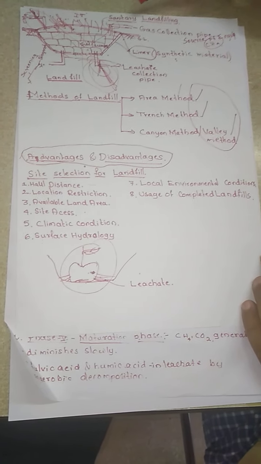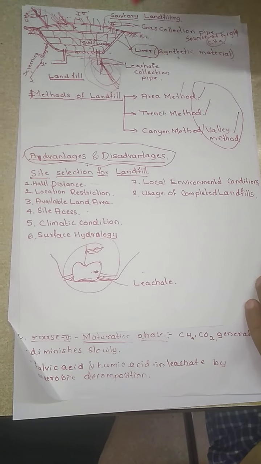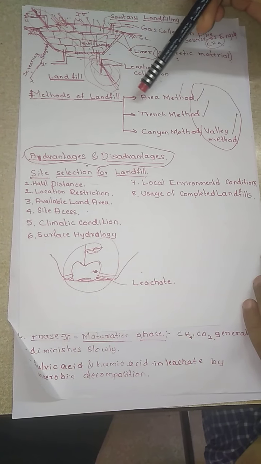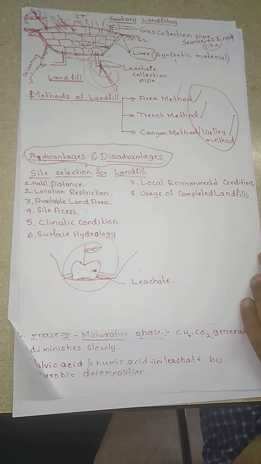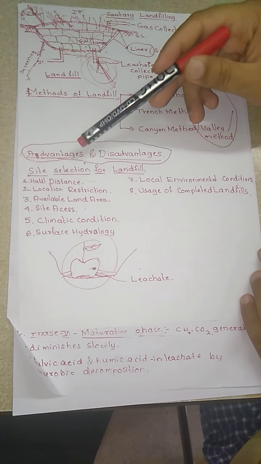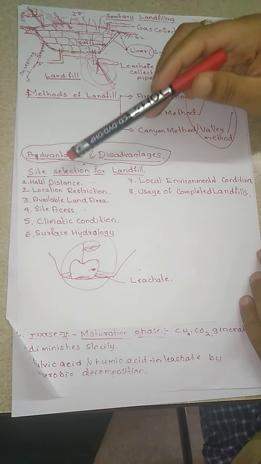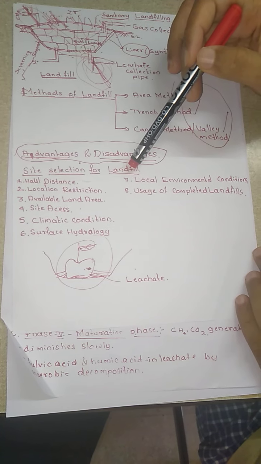In the last class, we discussed what a landfill is. We discussed the different methods of landfill, that is the area method, trench method, and canyon method. Then we discussed the advantages and disadvantages of landfill. Then we discussed the site selection for landfill,